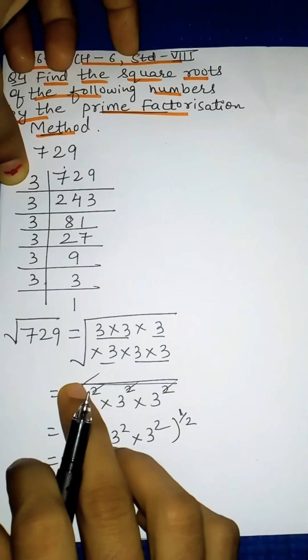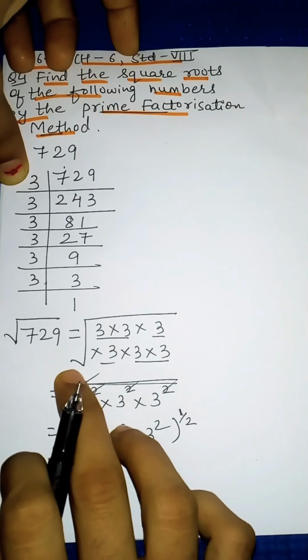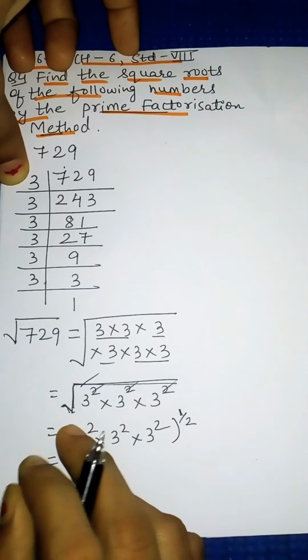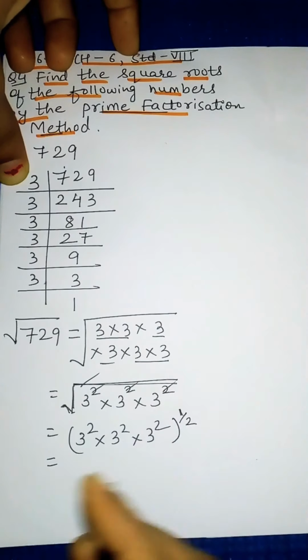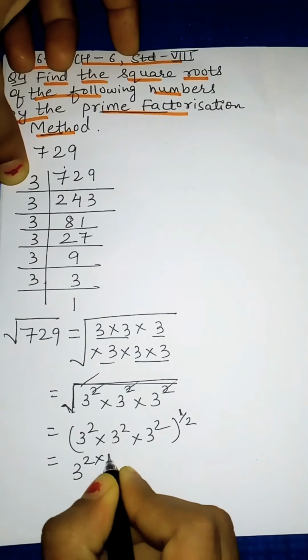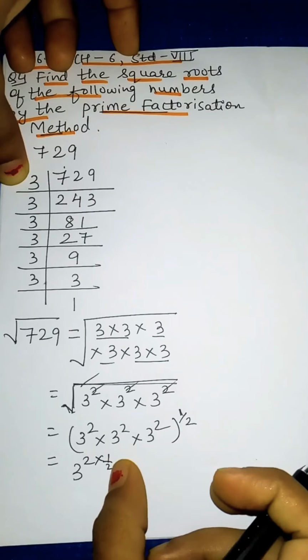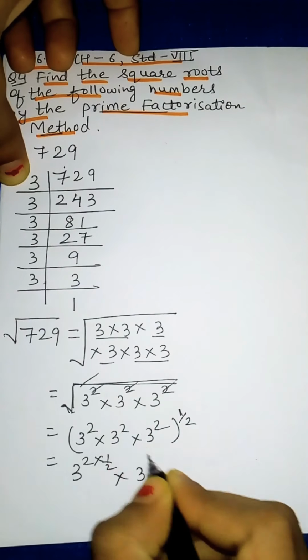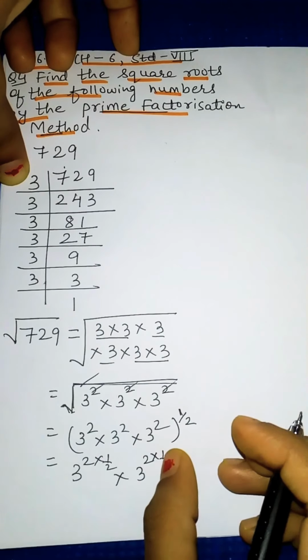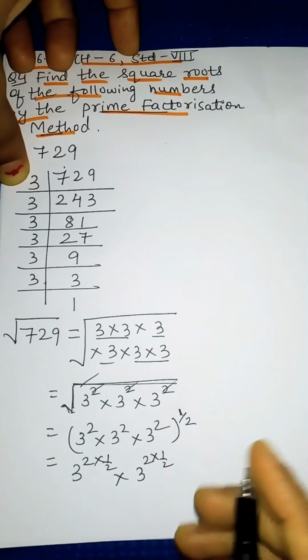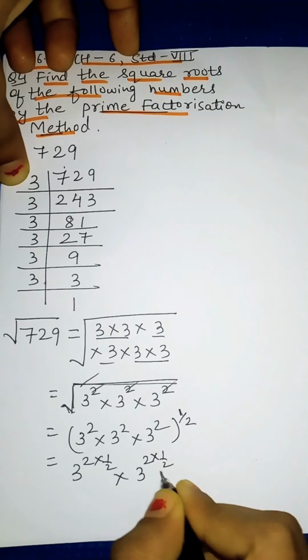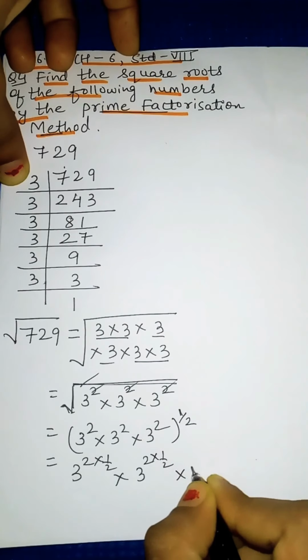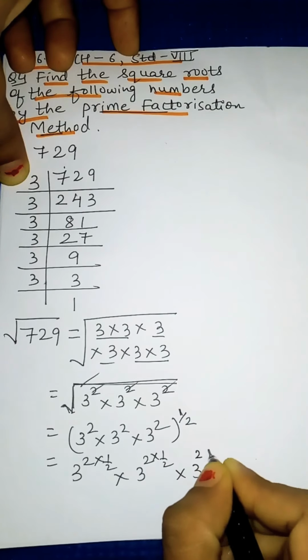So this root is on this whole part, for everything that is inside the root. So 3 square into half. This half means root. The value of root is half, 1/2. Again the second 3 square into half. This half will be multiplied with this power, whatever is given on the top. This is called power or exponent. So 3 square into half.